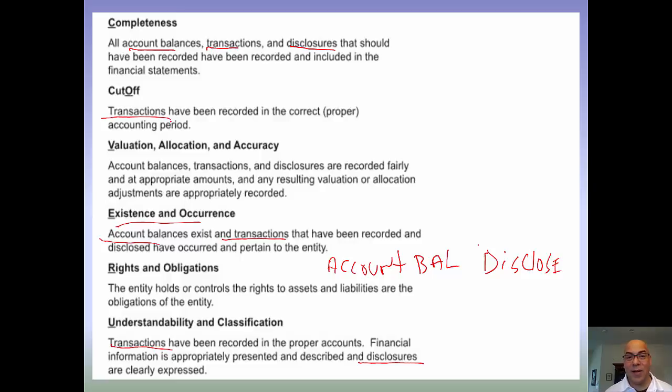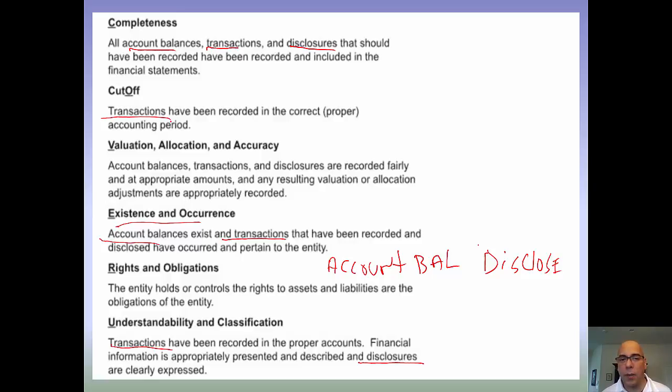Notice I said somehow, I didn't say accidentally, because remember we talked about fraud last time, so we have to consider intent under our professional skepticism and realize that some misstatements could be intentional, which would of course make them fraudulent. So if somehow that transaction slipped into the next year, we would do some procedures towards the end of the year to make sure that we didn't have any of those and the transaction was properly recorded